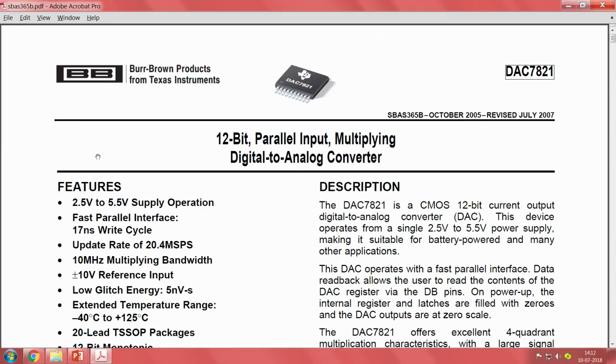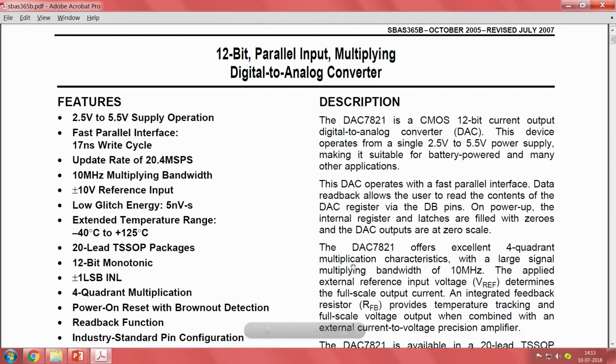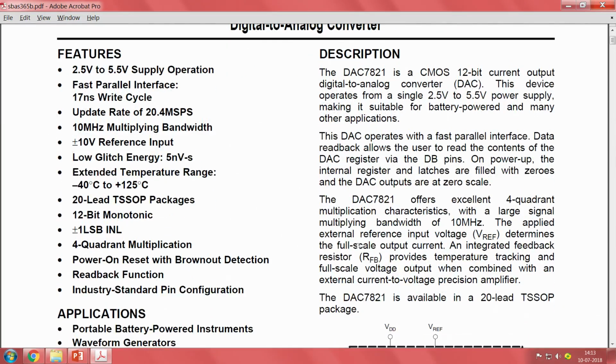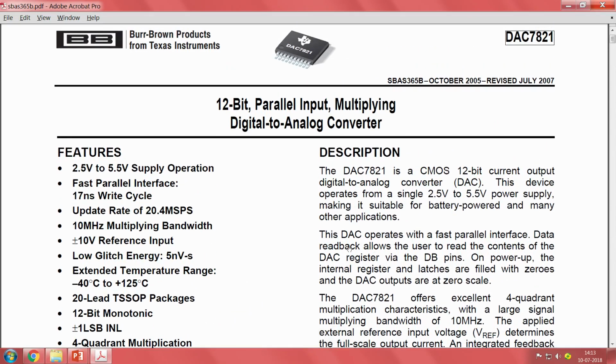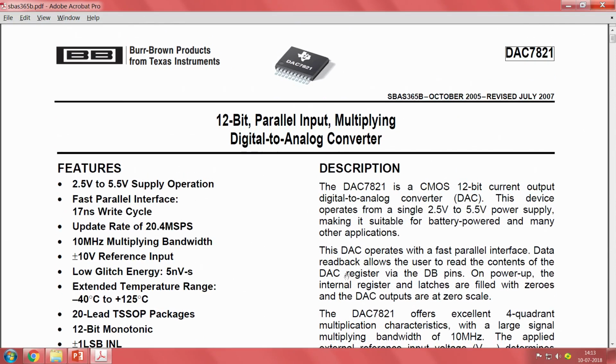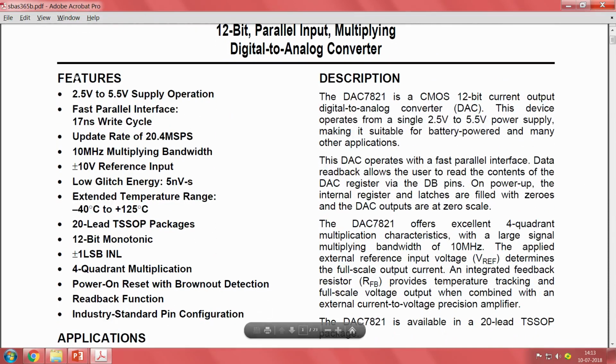Now that we have seen, this is the core description of the IC. So, let us see the features. When you open the datasheet, as I told, we will first cover this datasheet in quite some detail, and then come back again and see quickly what all things you should look at when you are seeing a new datasheet. That is the whole idea. These features will give you a quick view about what the whole thing is.